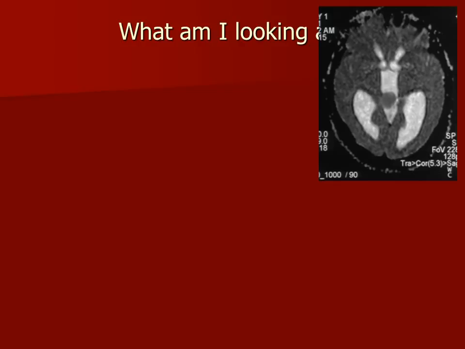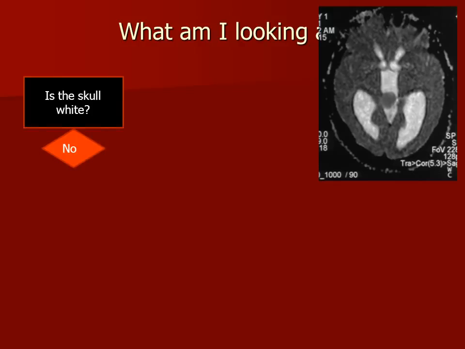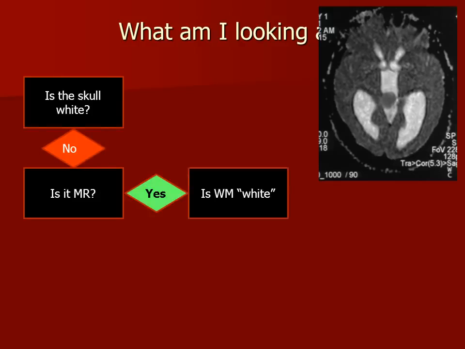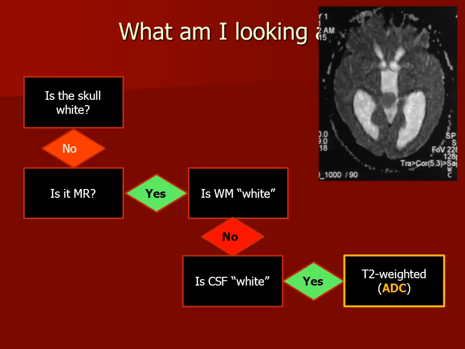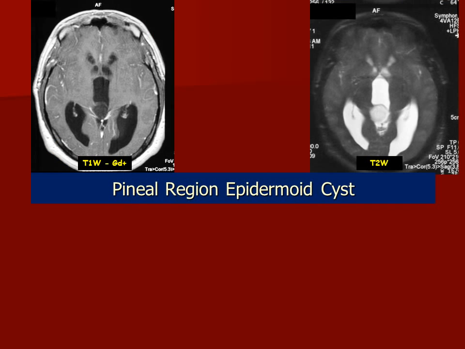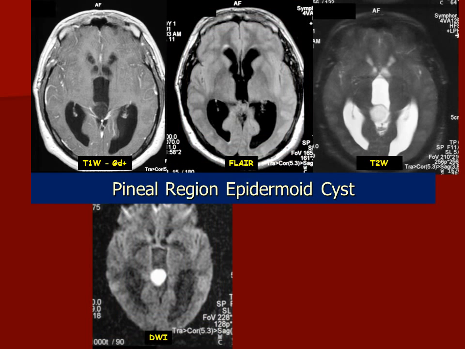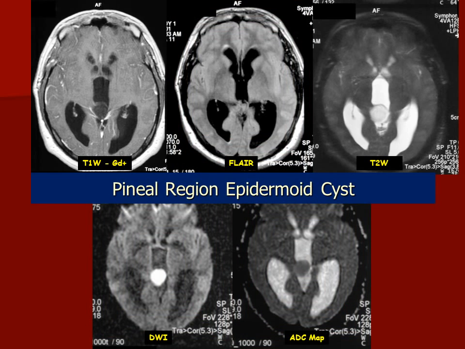Here's the 5th image from this patient. The skull is not white, it is an MR. The white matter is not white. The CSF is white, but this does not look like a T2 weighted image. This is actually the apparent diffusion coefficient map, the image that correlates with the diffusion weighted image that we just saw. So when we see this very confusing pattern of images, we can either memorize, remember, and do pattern recognition